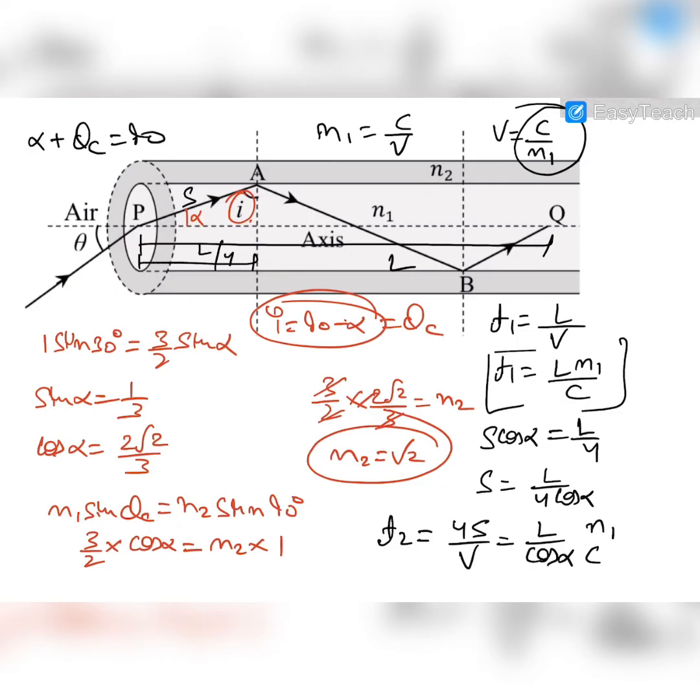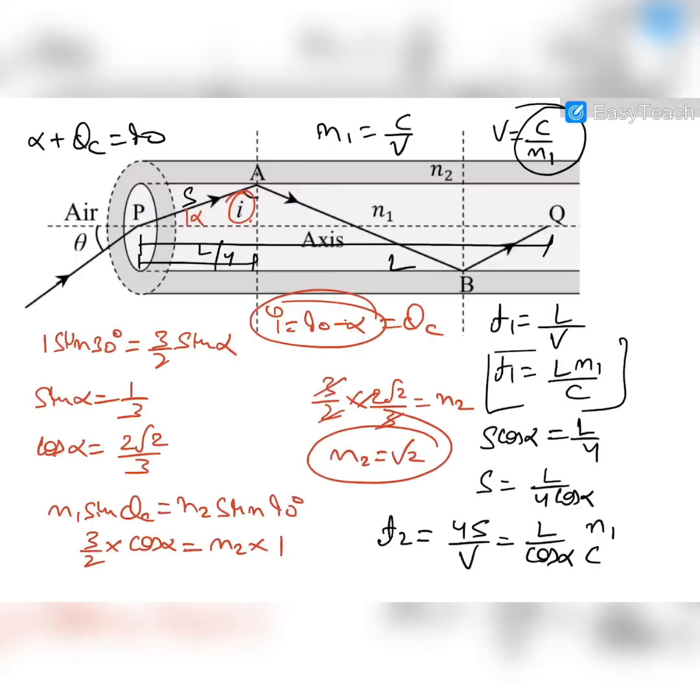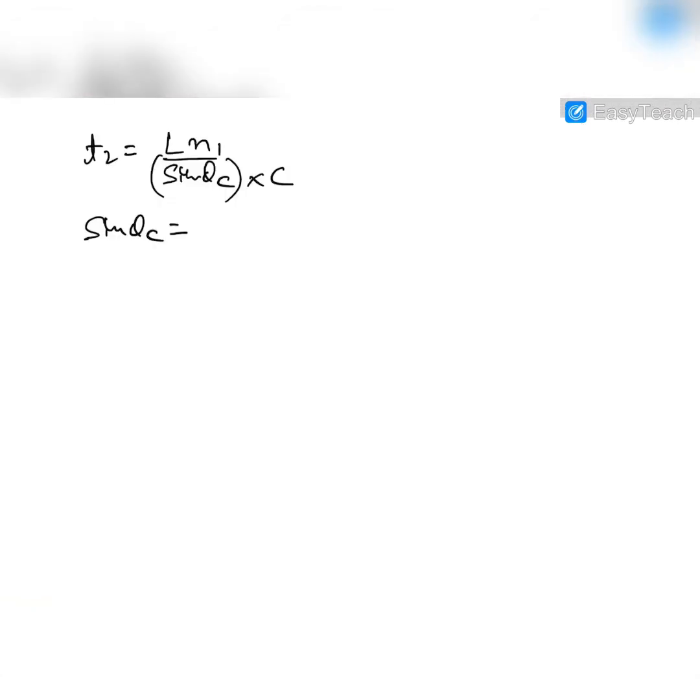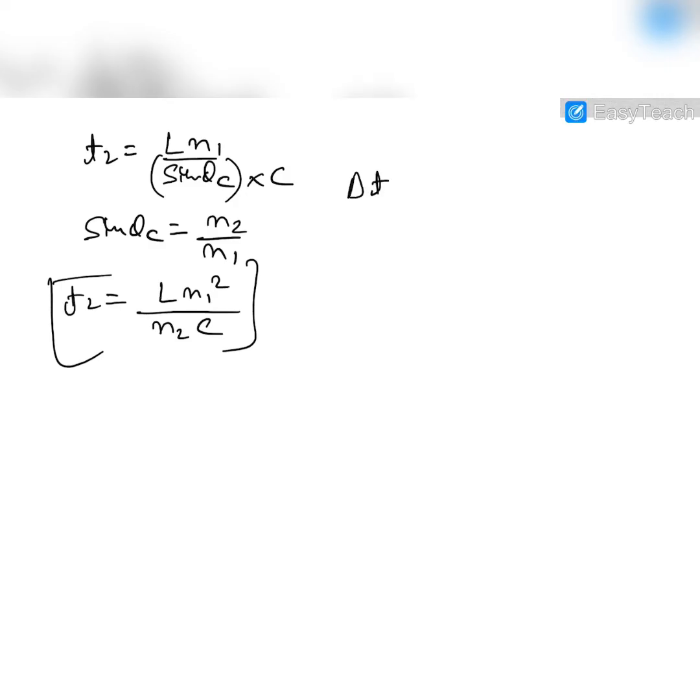So cos alpha is sine theta C. So we can say that T2 will be equal to L n1 upon sine theta C into C. And sine theta C is equal to n2 upon n1. Okay, and T2 will therefore be equal to L n1 square by n2 C,